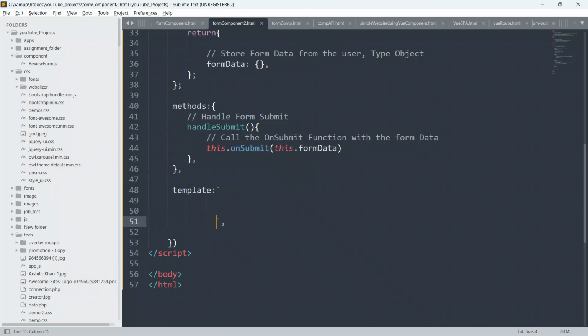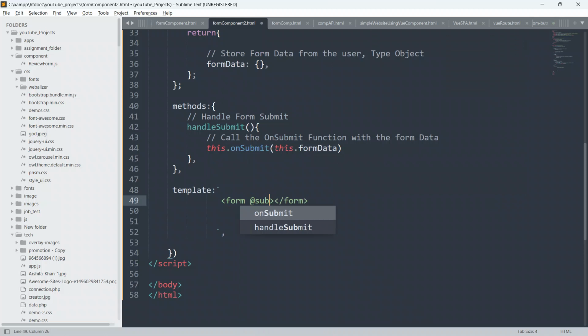Okay, so guys, now we will create a form inside the template. So I'm gonna create a form, first of all close this form, and I will put @submit and dot prevent. So guys, dot prevent is a modifier which is used to prevent the default behavior, the default action of the